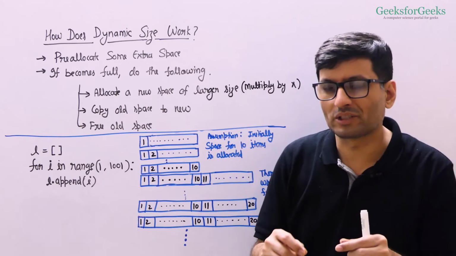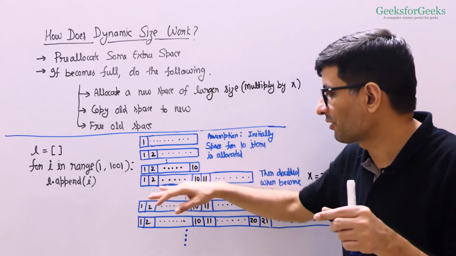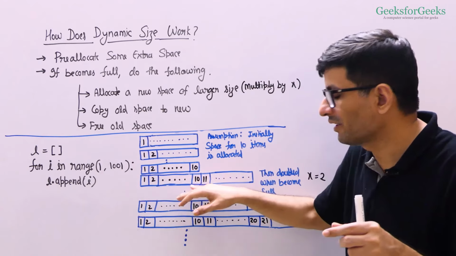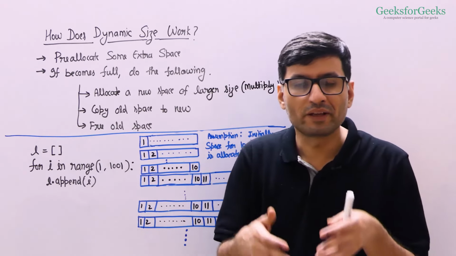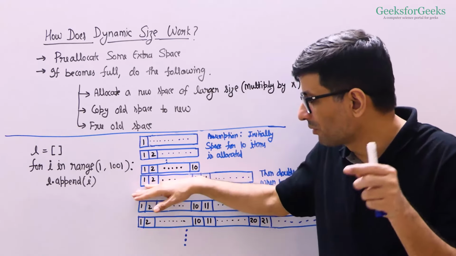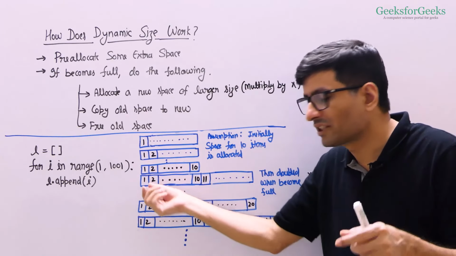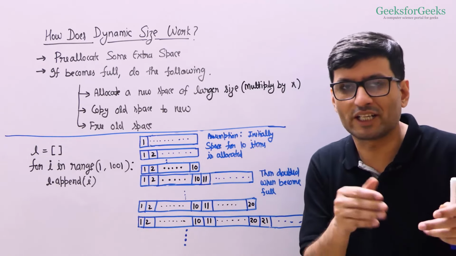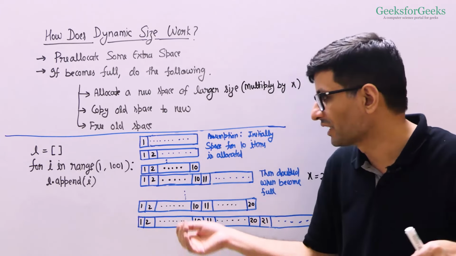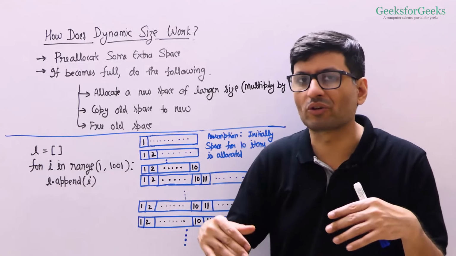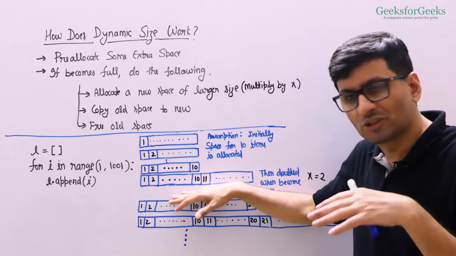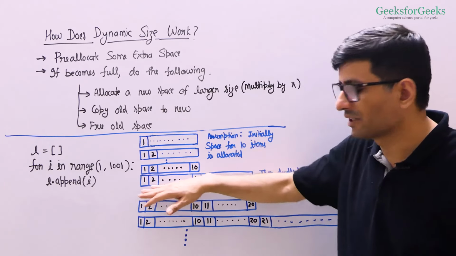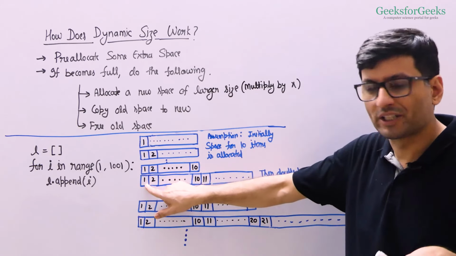Also, please note that in Python, the way I have written these 1 to 10, where I've written numbers here, is how we wrote in the earlier examples also. But these blocks of memory, these individual cells, store references to these items. The actual items are stored at different locations. The actual items need not be at contiguous locations, right? Because in Python, everything is a reference. But for ease of writing here, I have written the actual items here.